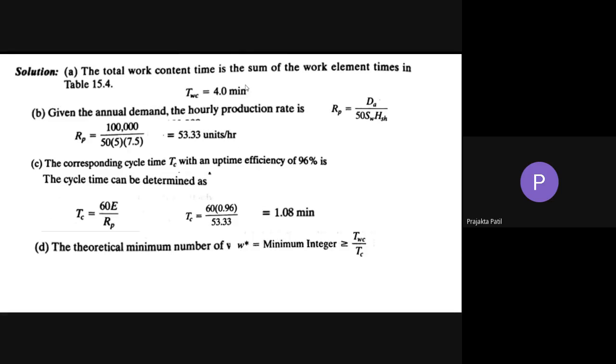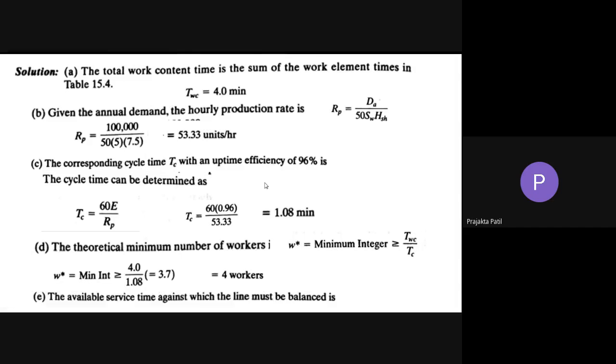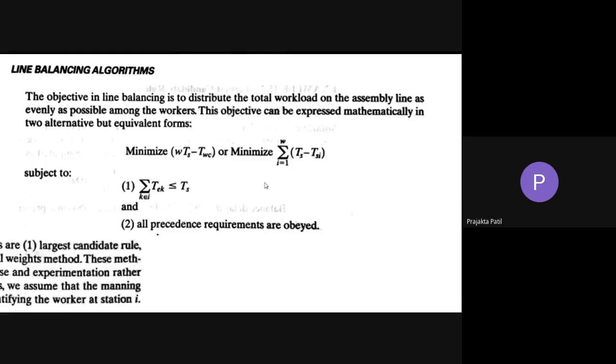Yes. So we have solved the problem based on these equations. So we have TWC, we have TC value. The cycle time value is 1.08, and cycle time is nothing but the service time and the repositioning time. So what will be the service time? We have already found out. So based on this,